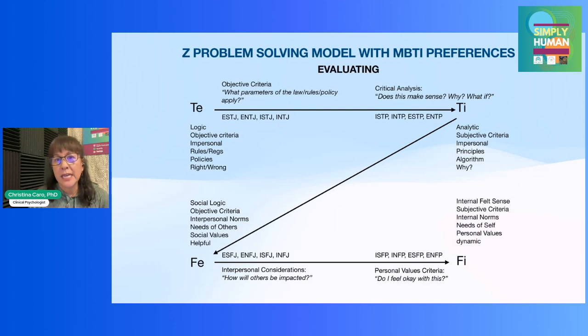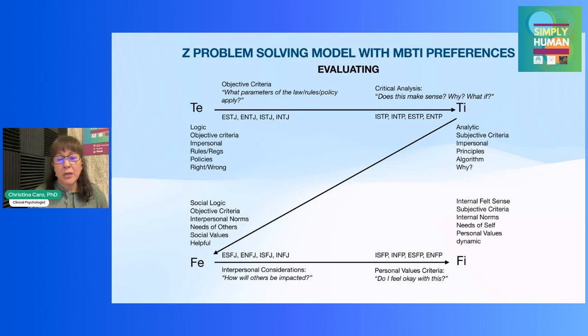preferences. And if you've ever taken it in college or in a workplace, you would have ended up with that 4-letter code that would have introversion, extroversion, it would have sensing or intuiting, it would have thinking and feeling, and judging, perceiving. So it would be something like mine, INFJ, which indicates that I'm an intuitive that's oriented inward, and I make decisions with my feeling that's oriented outwards. So I've put down the Myers-Briggs types for each of the corners of this Z